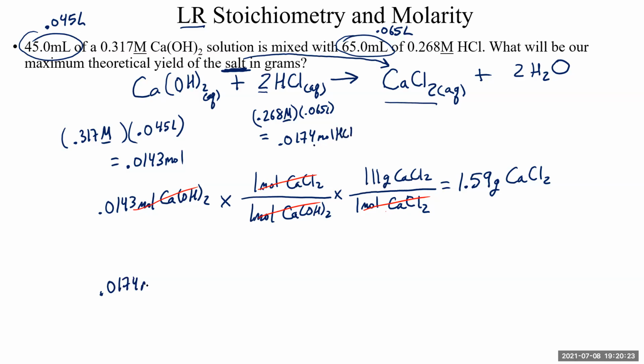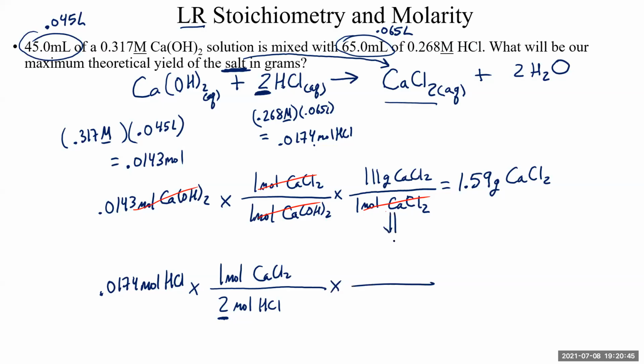0.0174 moles of HCl. Okay, so this time we have 2. Every 2 moles, according to the chemical equation, every 2 moles of HCl produces 1 mole of calcium chloride. And then, of course, to calculate grams, it's exactly the same information. Nothing has changed about the molar mass of calcium chloride. Periodic table has not changed in the 2 seconds since we last used it. So we just bring that 111 grams down. So we take 0.0174 multiplied by 111 grams divided by 2. Don't forget the 2. Divide by 2, and that gets us